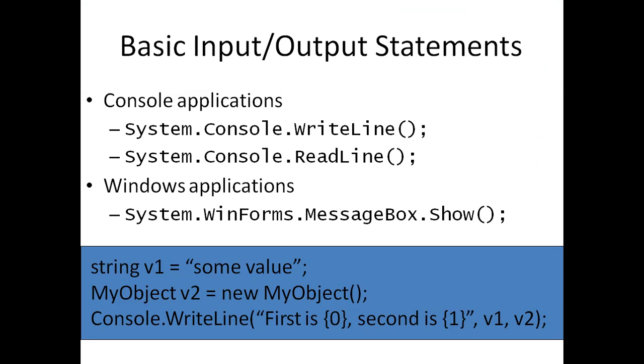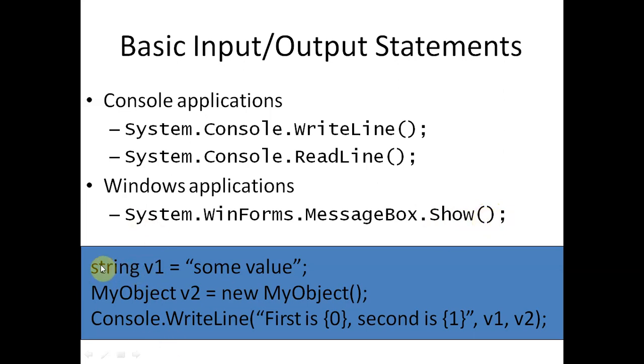The basic input output statement: Console.WriteLine is used to display or print anything in C Sharp.NET, and System.Console.ReadLine is used to input anything in a C Sharp.NET program. We also use the System.Windows.MessageBox.Show function, which displays the output in a formatted pattern. MessageBox is inside the WinForms, and the Show function displays the message written inside the brackets, inside double quotes, on the screen.